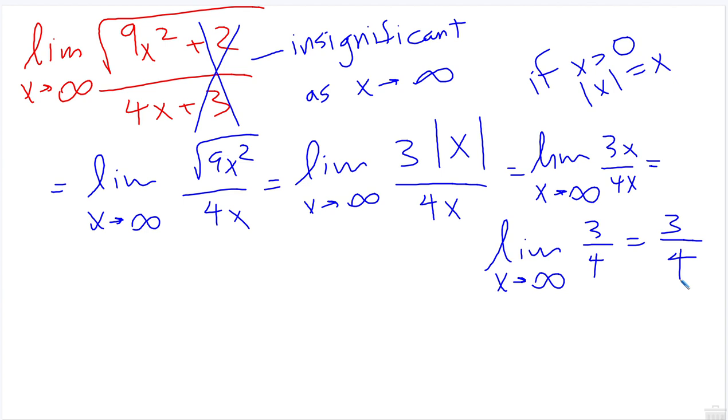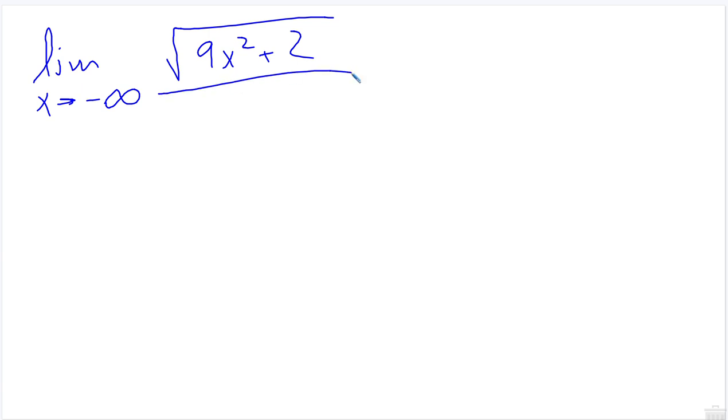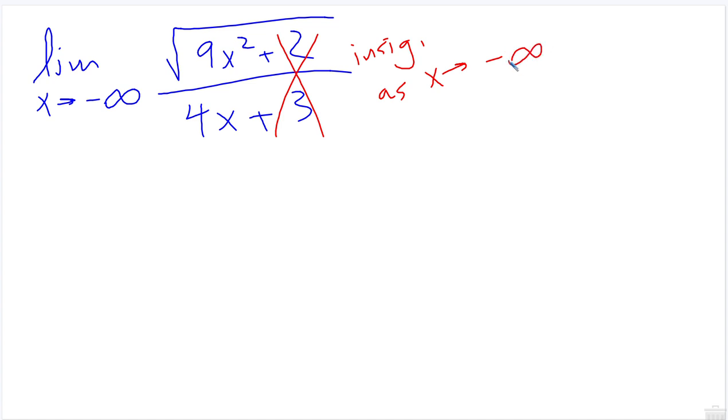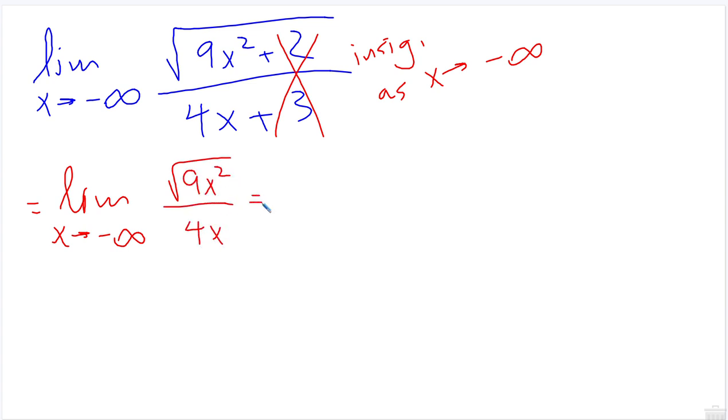And if I were to do this towards negative infinity, see if I can still remember what this function is. Square root of 9x squared plus 2 over 4x plus 3, I hope. Right? Well, the same idea, that 2 and that 3 become insignificant as x goes towards negative infinity. So I can just rewrite this as the limit as x approaches negative infinity of, same thing, the square root of 9x squared over 4x, which is the limit as x approaches negative infinity